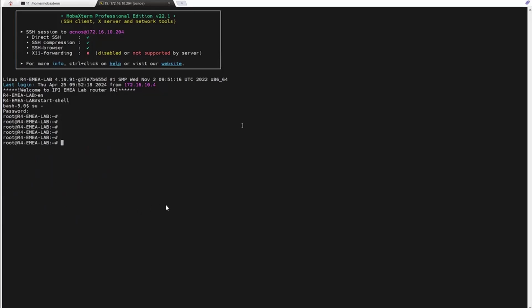Now, the device that I'm using for this installation right now is Router 4. Router 4 has already OcNOS installed on them. So what I try to do first of all is to remove this operating system, and this procedure might be necessary on some of the devices that you have received and it has a pre-installed operating system on that and you want to uninstall it. So the process of uninstallation is going to be one of the steps that you need to take before installing